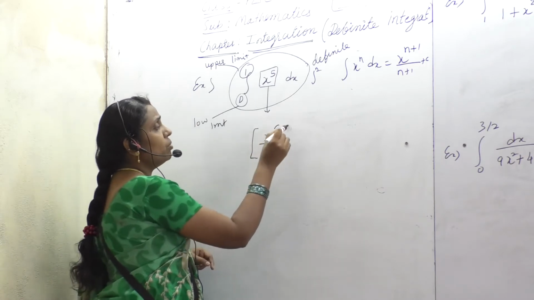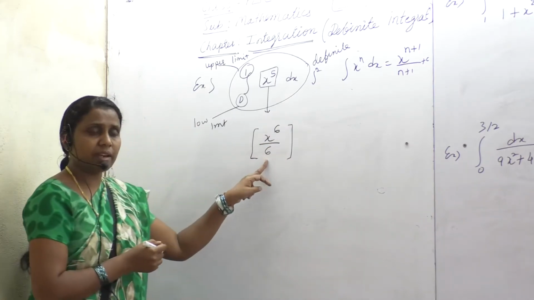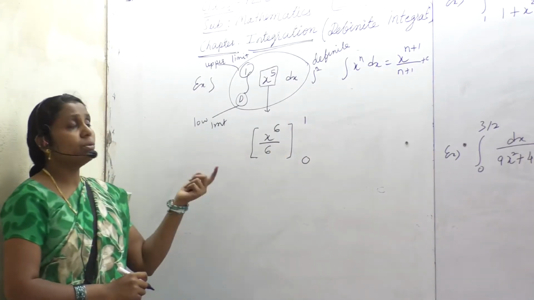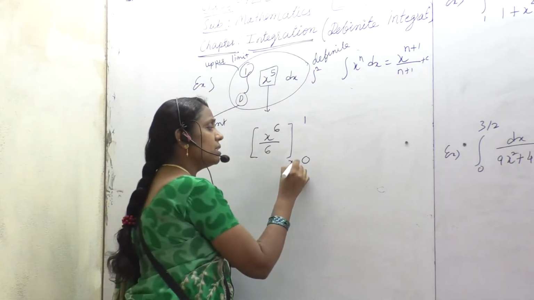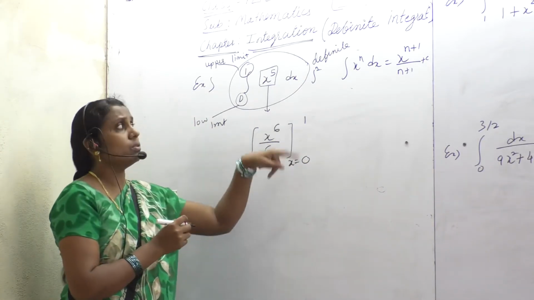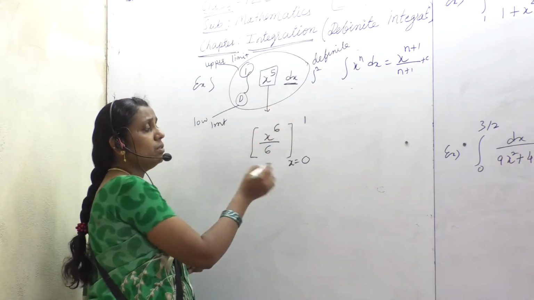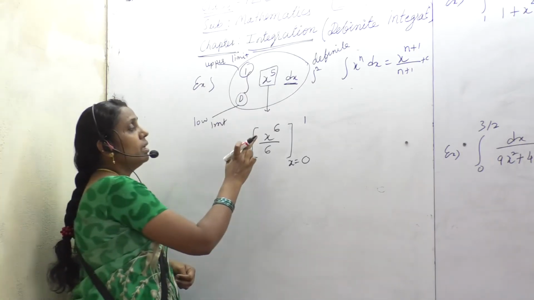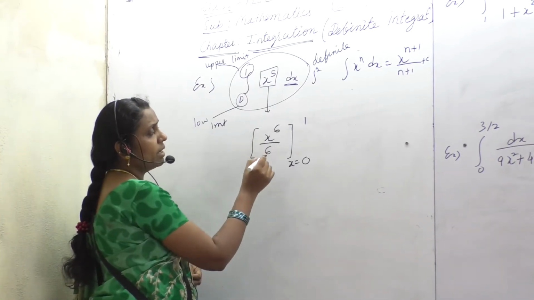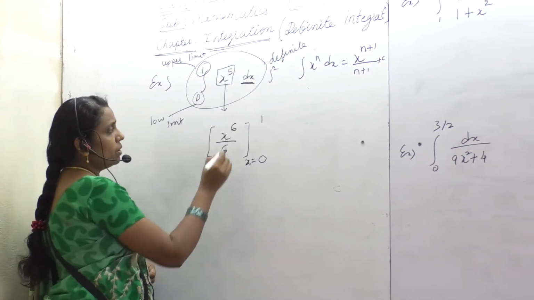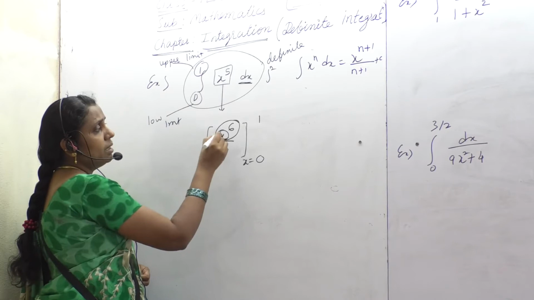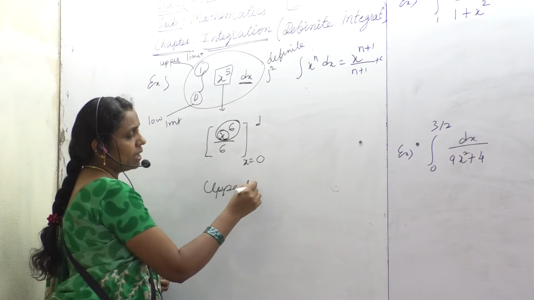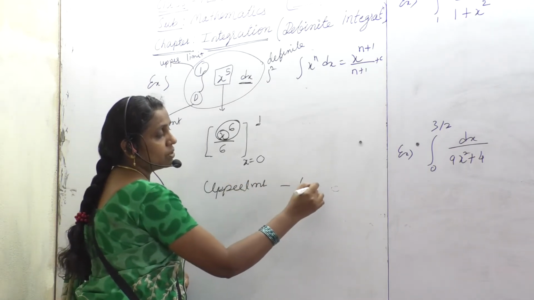Next, limits you have to put. So, you have to put the function in the square bracket. Outside the square bracket, you can write the limits 0 to 1, for our understanding. You can even write the replacement x equal to 0 to 1, with respect to x, the integration. That's why the variable x is equal to 0 to 1, the replacements. Okay, x raised to 6 divided by 6. What I will do now, in place of x, I will put 1, the first limit. The formula says upper limit minus lower limit.